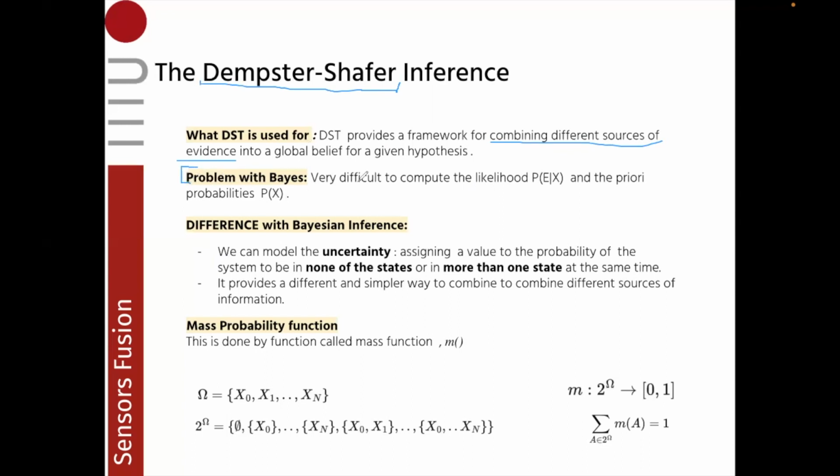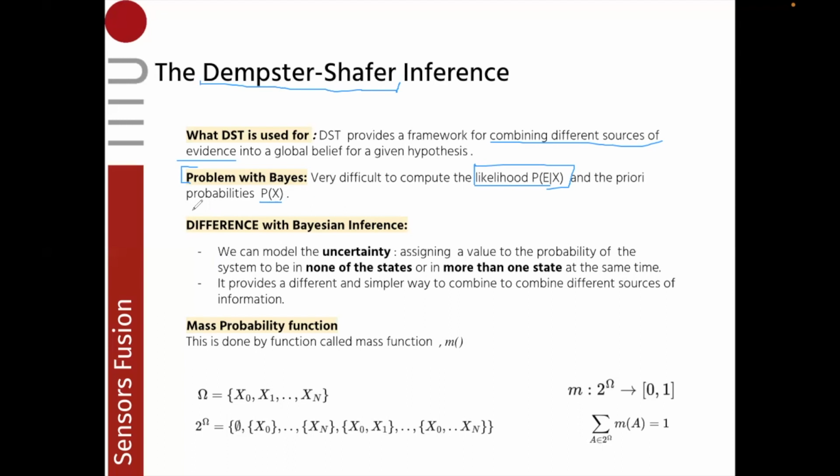The main problem actually is operative. As we see, Bayesian networks hold on the construction of a belief function, which is a posteriori probability. In order to compute the posteriori, we need to compute the likelihood, and in some cases we also need the priori probabilities. So in reality, these, especially the likelihood, are absolutely difficult to have. We need huge data sets, and sometimes we don't have this kind of data set to compute the likelihood for every sensor and every state. For this reason,